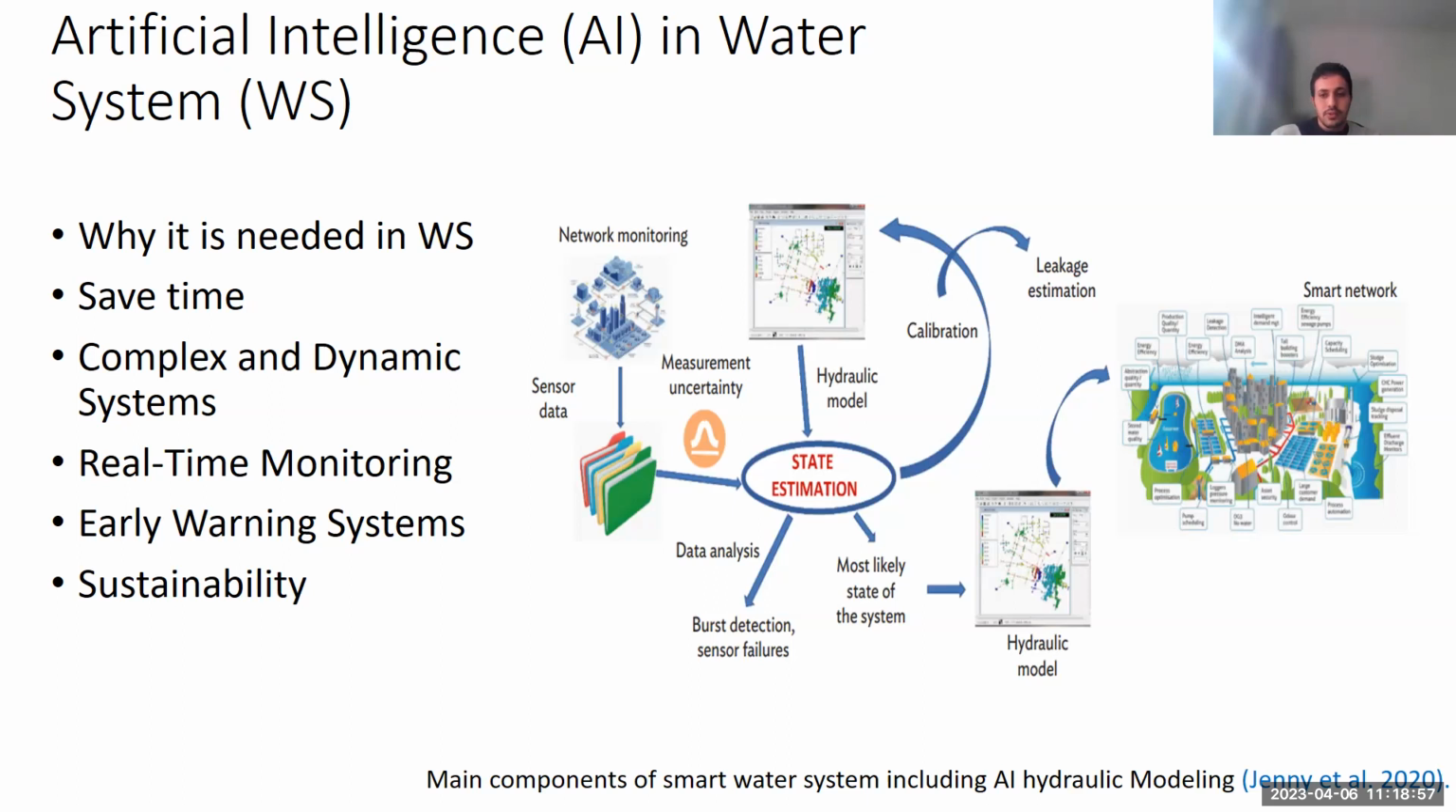So it's also real-time monitoring. Water quality and usage can change rapidly, and it's essential to monitor these changes in real time. And artificial intelligence can provide real-time monitoring. Also, an early warning system using artificial intelligence, by using